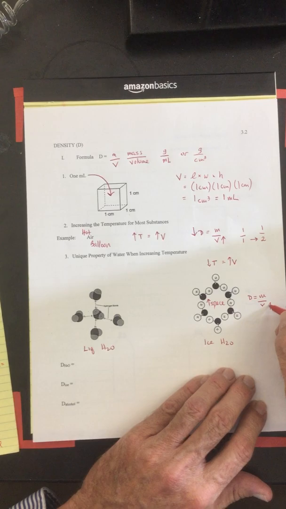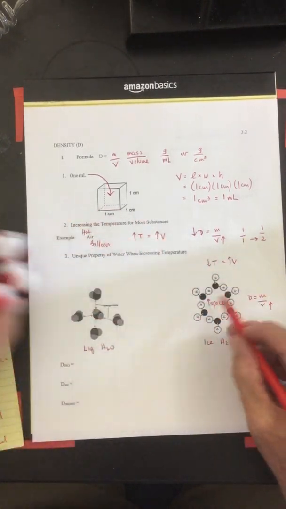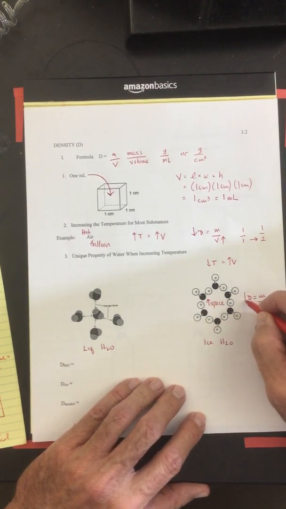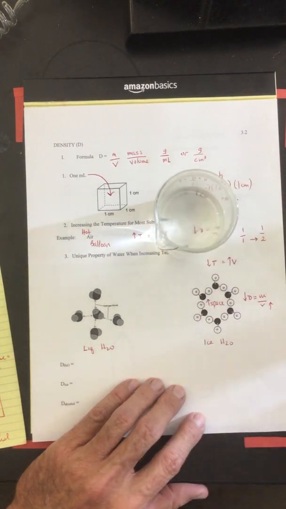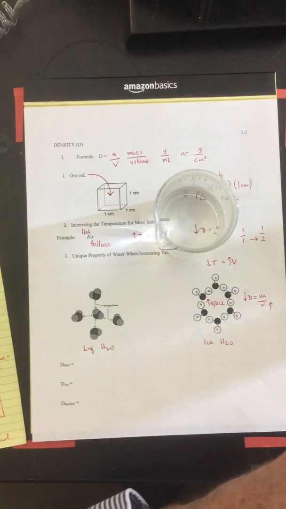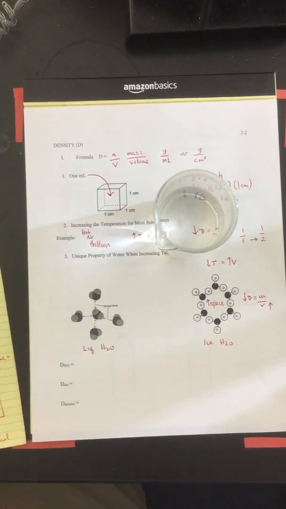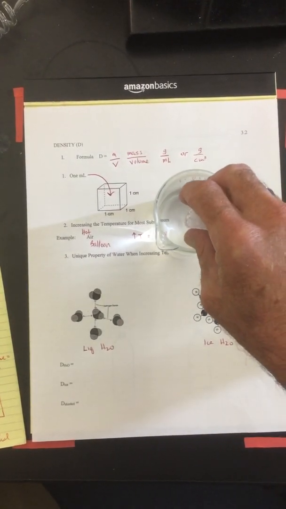When we increase the volume, because my water particles are now expanding to occupy this crystalline structure of this hexagon, I'm going to increase the volume. It's going to decrease the density. Okay? So what happens is, if I take an ice cube and I put it in water, what should the ice cube do? The ice cube should, of course,